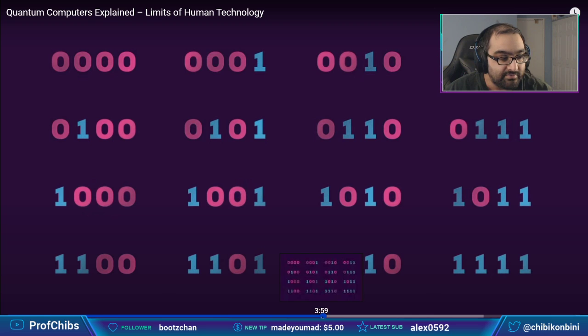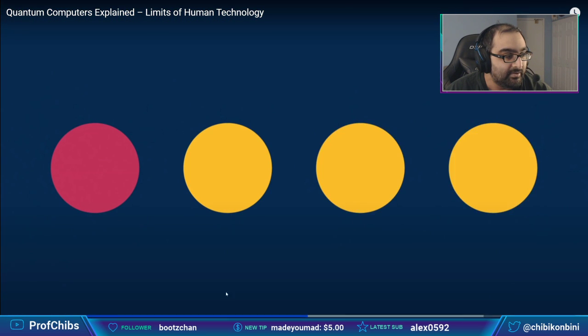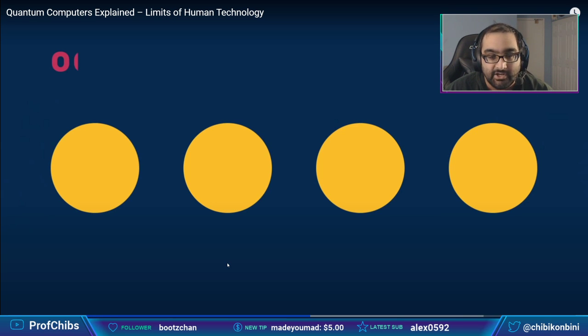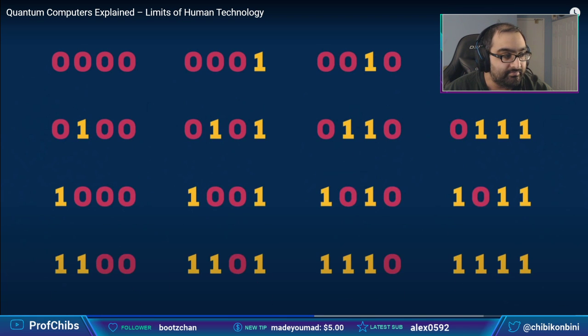All right. If you listen to what it just said here, let me go back for just a second. This is why it's exponentially crazy. Let me show you. 4 classical bits can be in one of 2 to the power of 4 different configurations at a time. So our classical computers can be in 16 possible combinations, but you can only choose one out of the 16 if you have a 4-bit computer, for example. So this is 2 to the 4th power. You have 16 possible combinations, but can only select one of those 16 to actually do calculations with at a time.